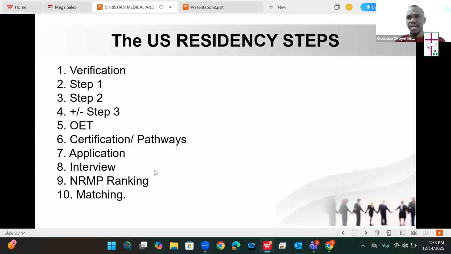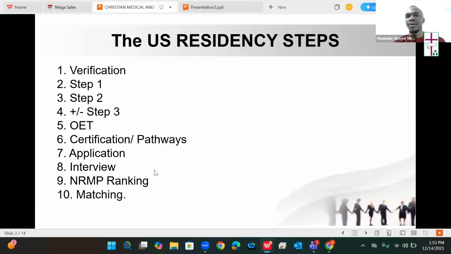you match. All right. And one of the differences between residency in the US and Canada is that for the US, you don't need to be in the US to be able to match into residency. You don't need to be a US citizen to be able to match into US residency. Actually, I did everything from Nigeria. The first time I came to the US was when I was coming to start my residency. So not being in the US is not a limitation towards you starting residency or applying for residency in the